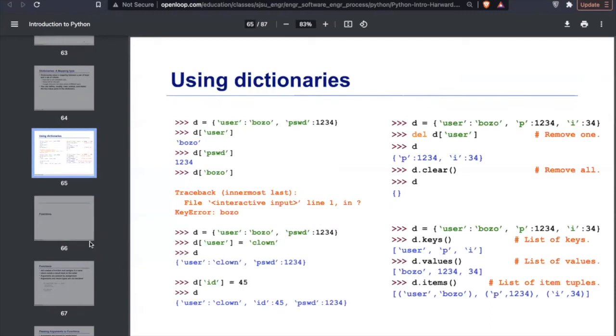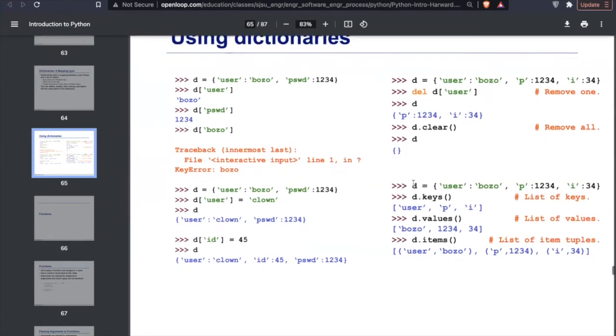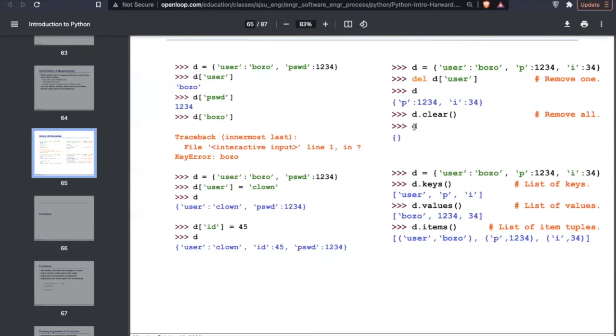If we look at some of the methods of dictionaries, you can see over here that if you use del, delete, and you pass in the key, then it will delete that particular key value pair. And if you want to clear the whole dictionary, you can use d.clear.